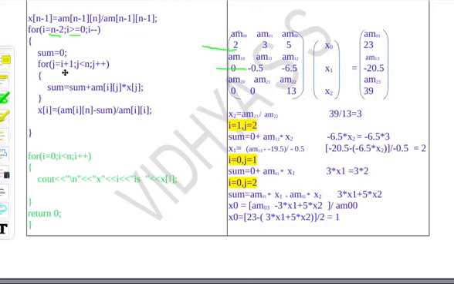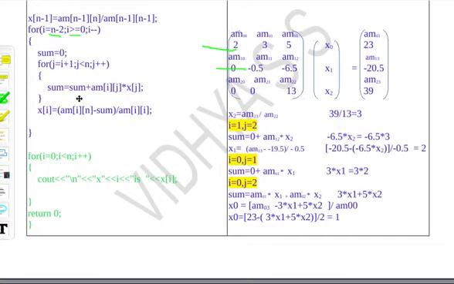So up to n columns I need to continue the sum iteration, right? So j value will start from i plus 1, that is, whichever row I am taking, the element next to the diagonal element. That is, for row i, I have to start from i plus 1. So j will start from i plus 1 and j is less than n, that is the column just before the last column. So j will iterate up to n, and j plus plus.